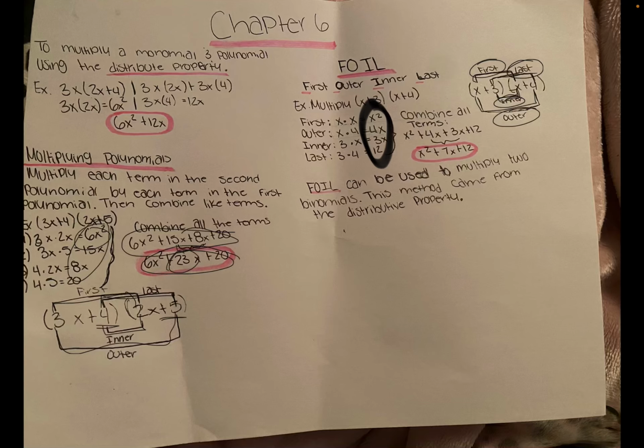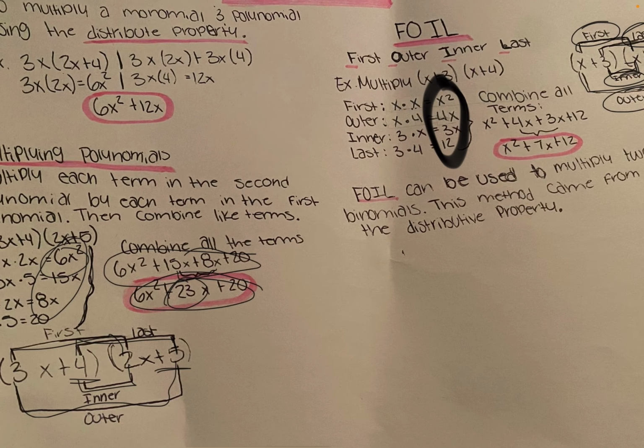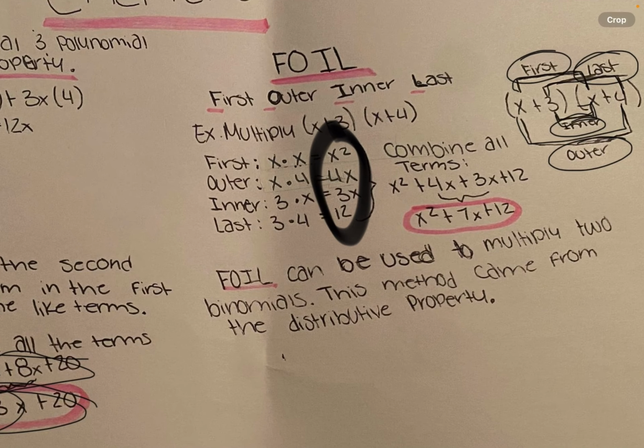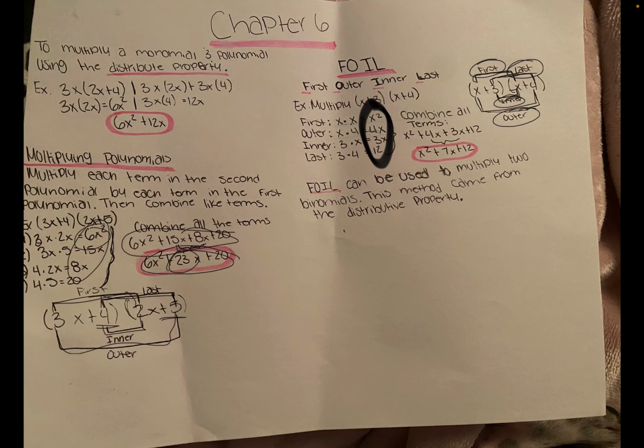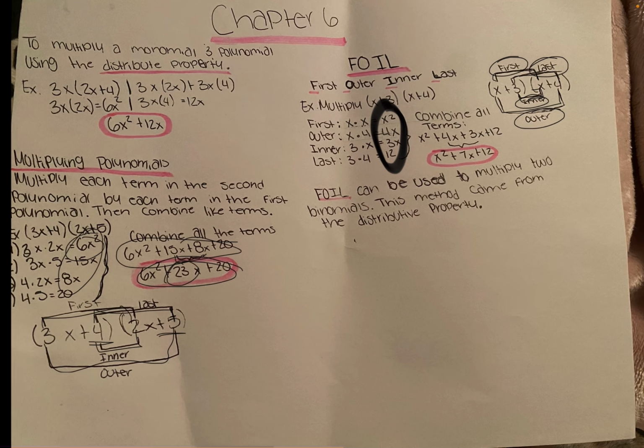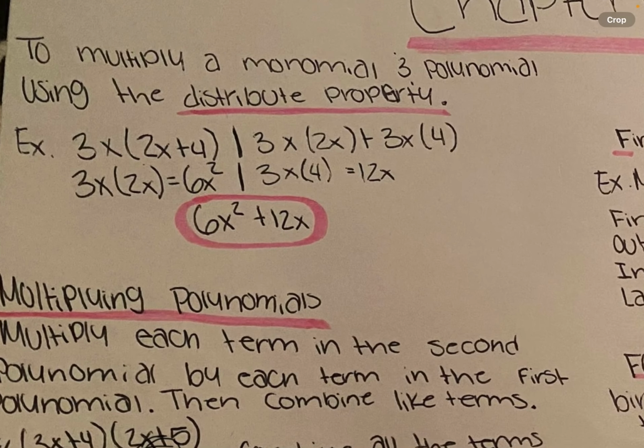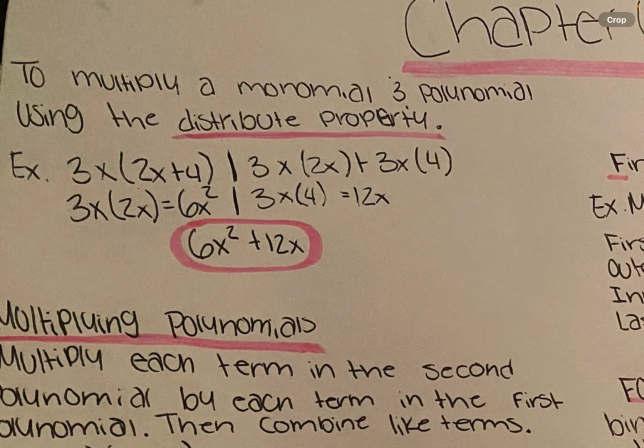Going to be talking about chapter 6. In chapter 6 we talked about FOIL and how to solve it and how to work on it. But first we're going to talk about this problem here, which is to multiply a monomial and polynomial using the